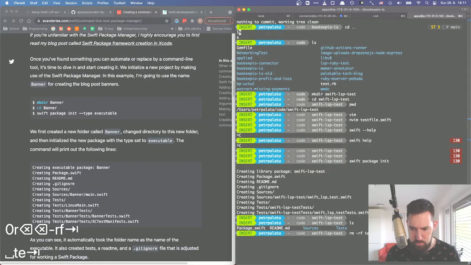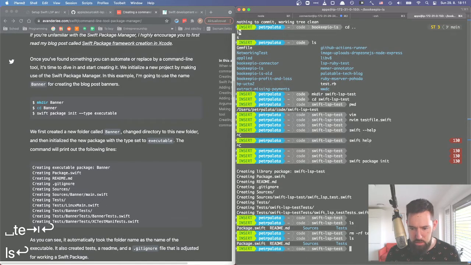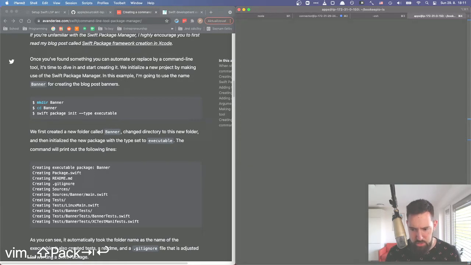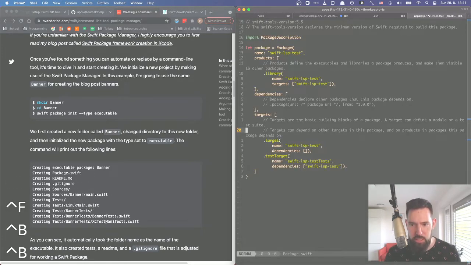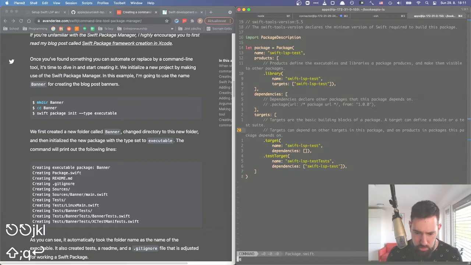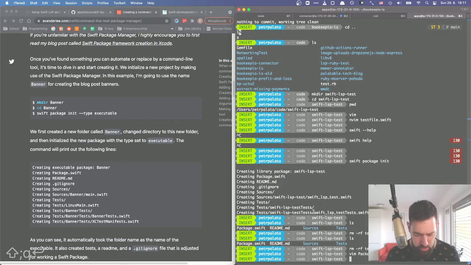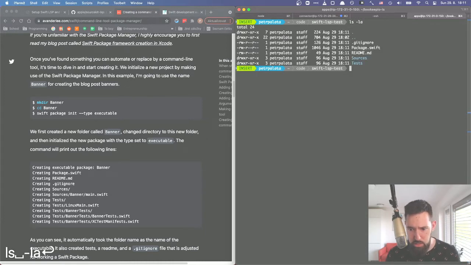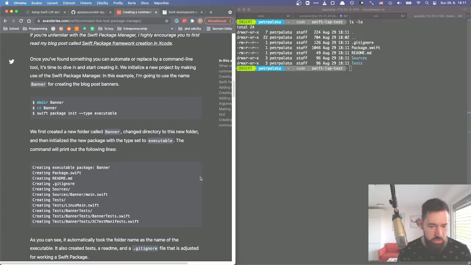Okay, let's remove this. And now we have a clean Package.swift directory. Because I have the swift.vim plugin for syntax highlighting, it already recognizes the Swift file type, which is fine. And now we need to set up the actual